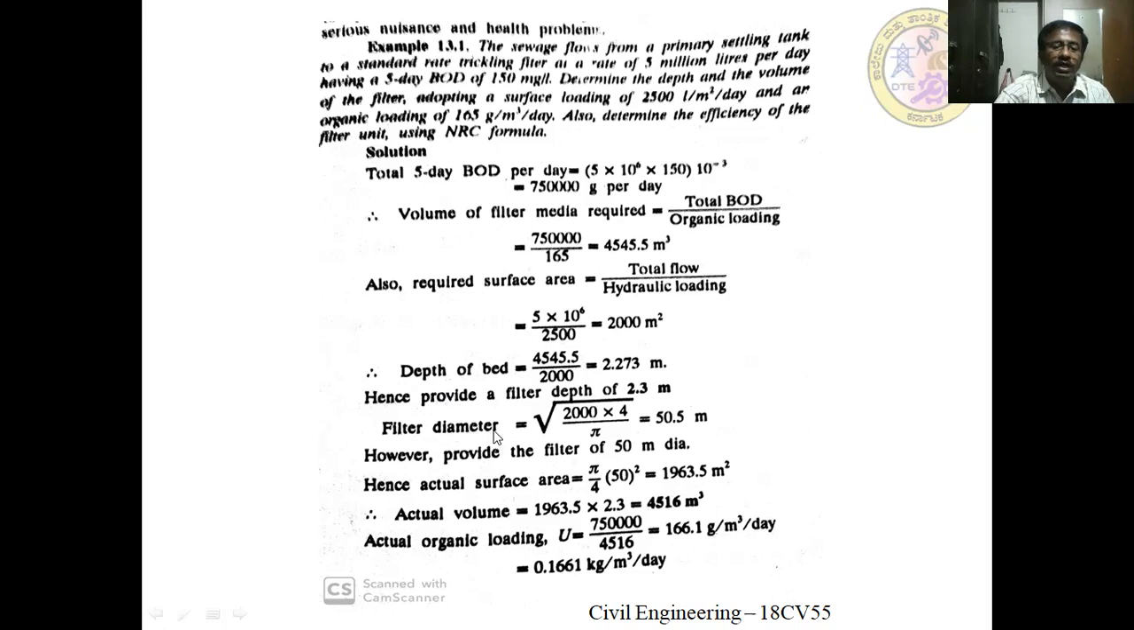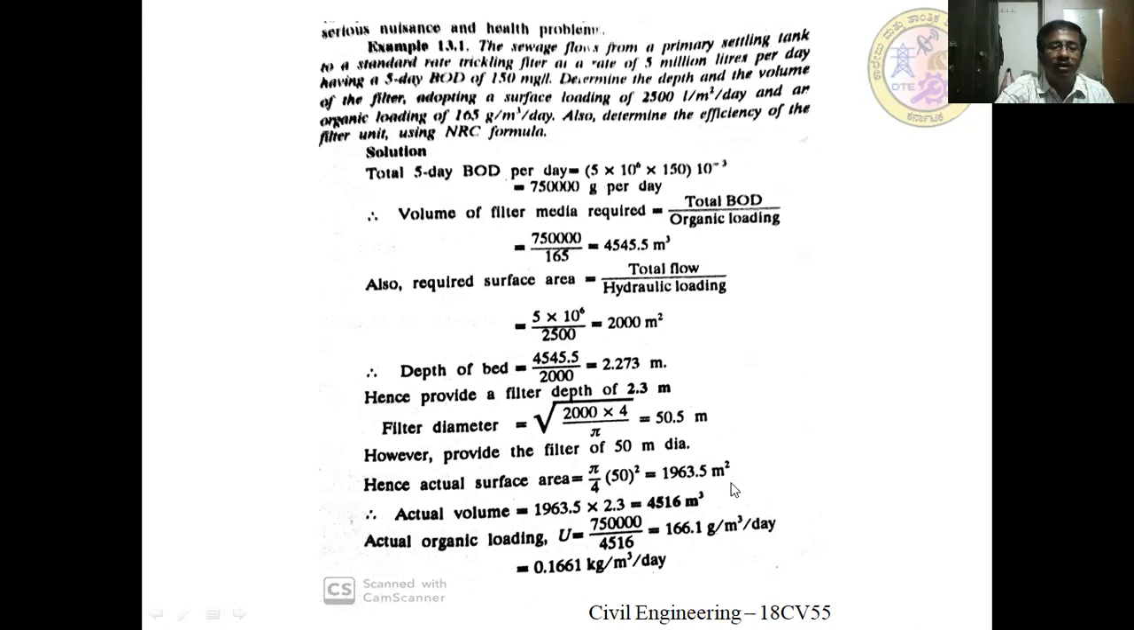So usually we go for a circular section. So we find out the diameter: area equals pi d square by 4. Using that, we get 50.5 meter. Okay, and then it is rounded up to 51. And the actual surface area is